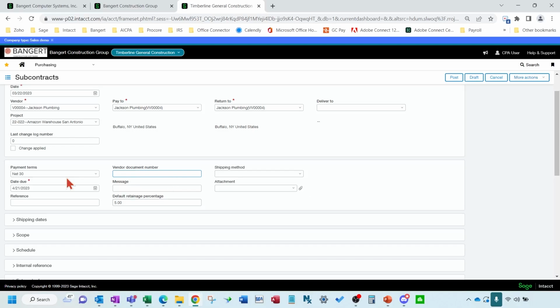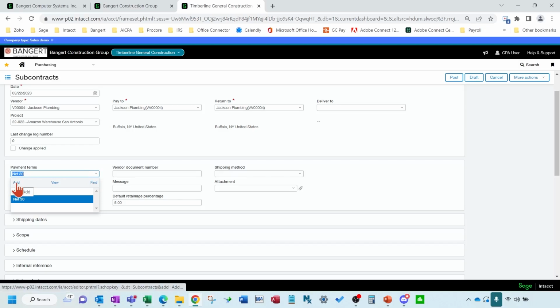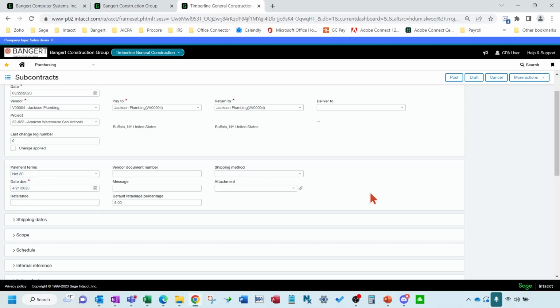Okay, you want to select your correct payment terms. Now, some of these subcontracts might be when the owner pays you, you then pay the subcontract. So just another side note here, you can add different payment terms and put pay when paid in here as a payment term if you'd like.